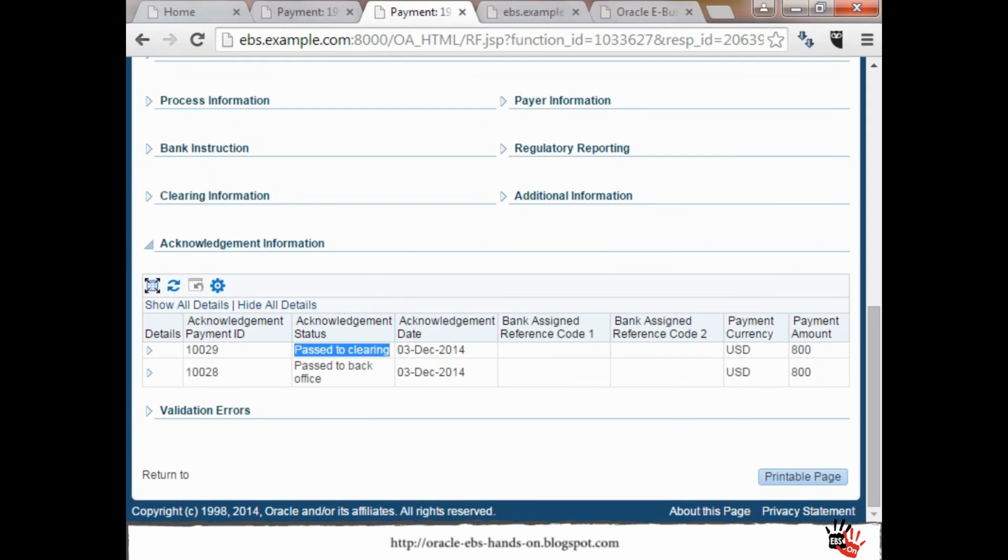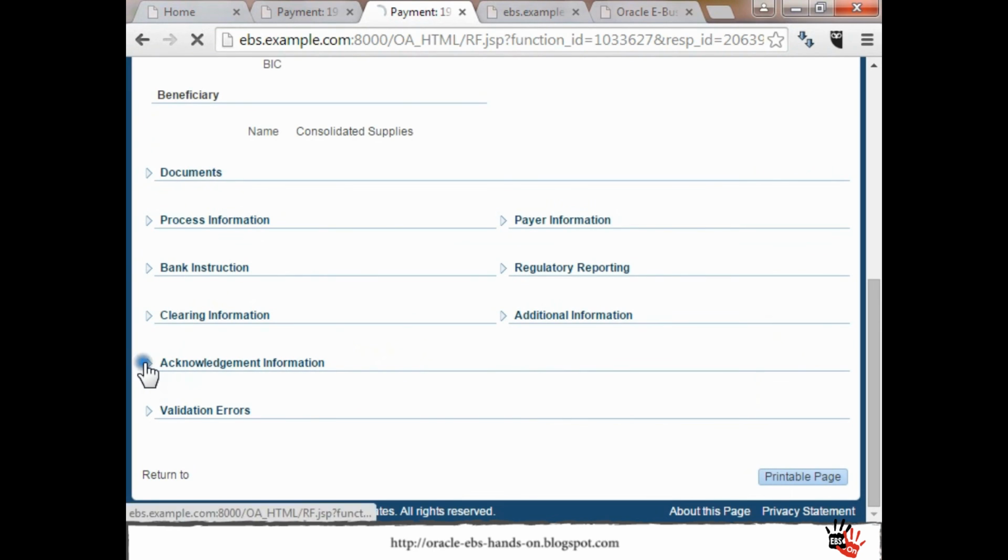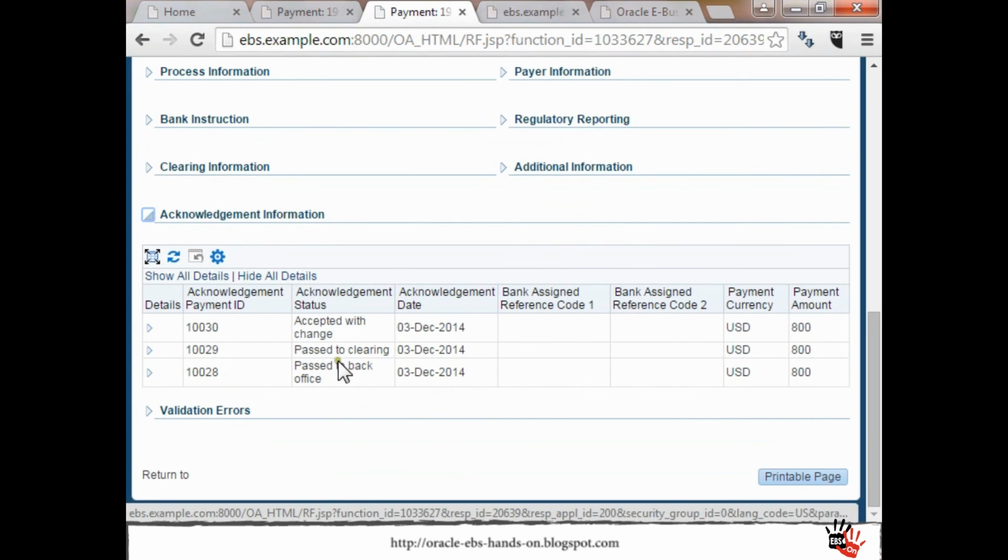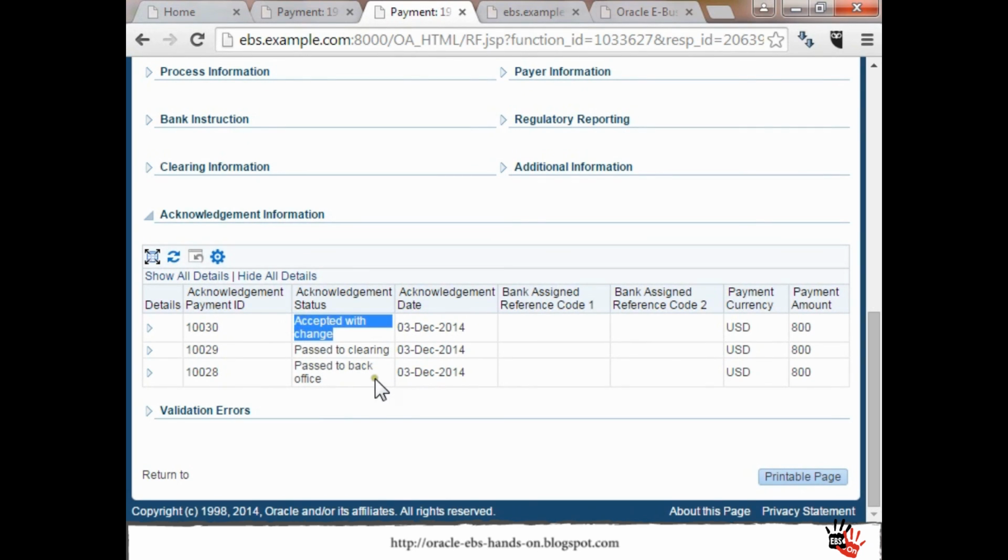Okay, let me refresh the page here, and you can see that based on the data which is automatically uploaded in eBusiness Suite, you can see what is happening with your payment from a bank